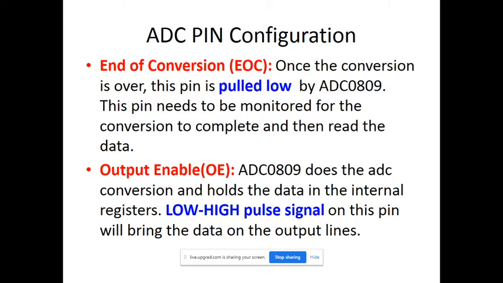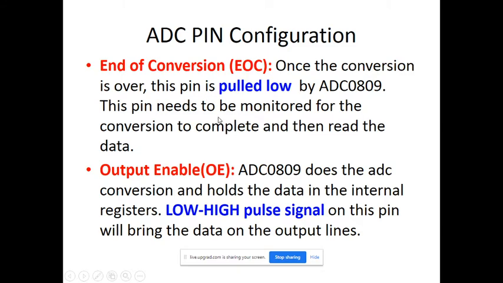Once conversion is over, the output data is placed into the output latch, and it generates one signal, that is end of conversion. Once conversion is over, this pin goes low, which indicates that the conversion process is completed. Initially it is high, and when conversion is over it becomes low, which indicates that the conversion process is over.